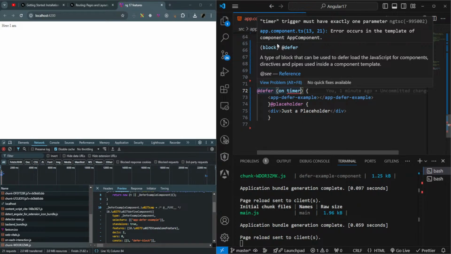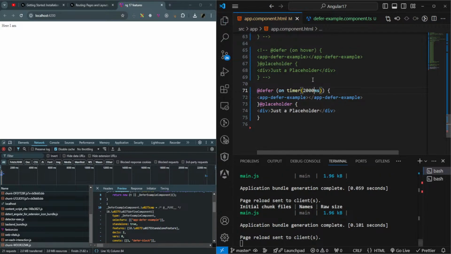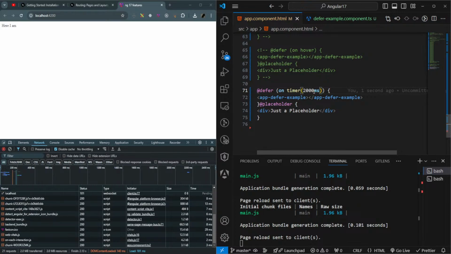Error occurs in the template of the component app template. Okay, I think it requires one parameter. I think that may be in milliseconds, I guess. So yeah, that's in milliseconds. Maybe we can put it as say 1 millisecond, or we'll say 2 milliseconds. I mean 2 seconds. So if I save it, after I saved it, like after 2 seconds, here I'm seeing the text